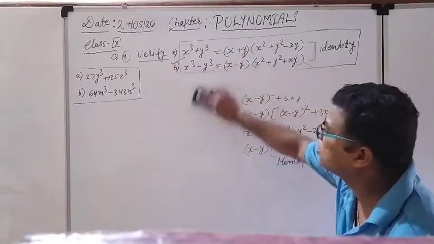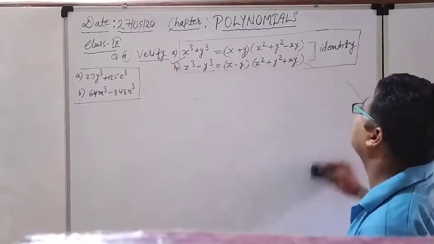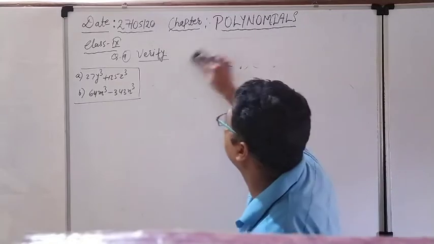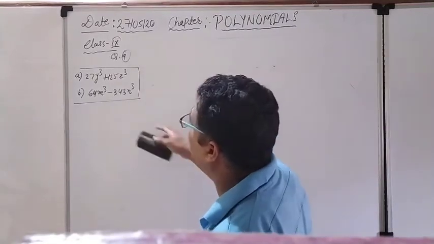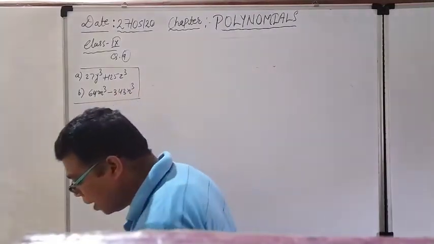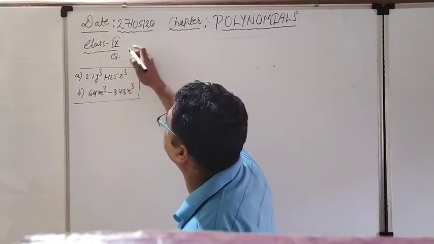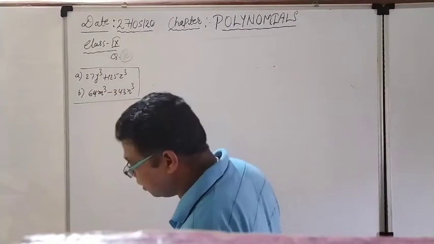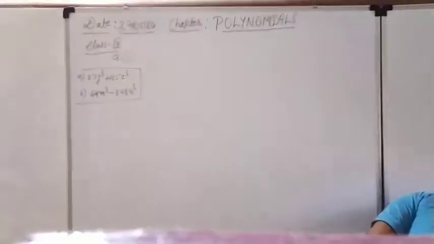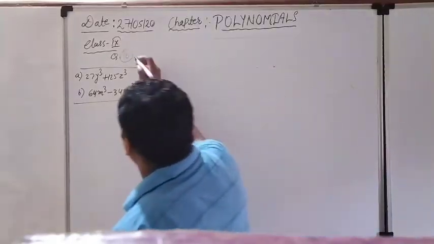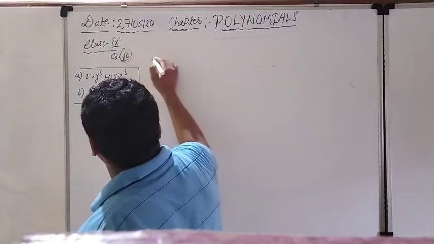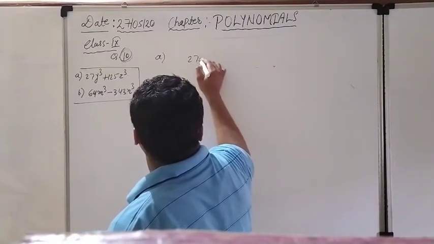Right now see, some other questions I have written on the left hand side of the board. Look there carefully. What is the question number 9? This we have to solve by using the proper identity. This is the question number 10, and this is the A part. What is the A question?